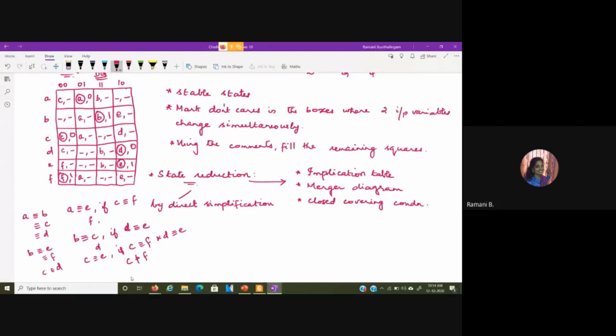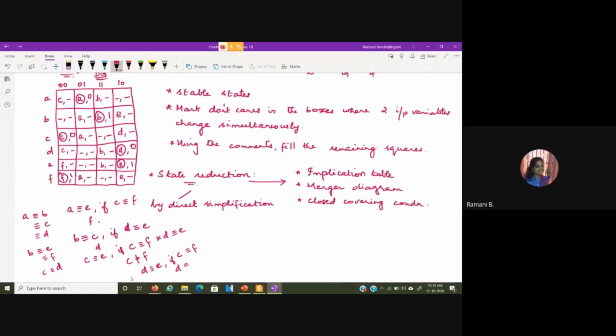Next, comparing D and E. Here again we have the condition if C is equal to F, then that can be the same. However, we have just found that that is not the same. Also, D is a stable state with output 0 and E is a stable state with output 1.